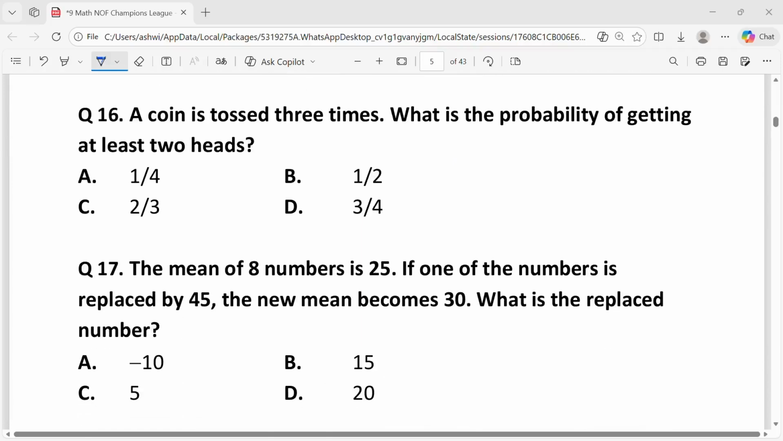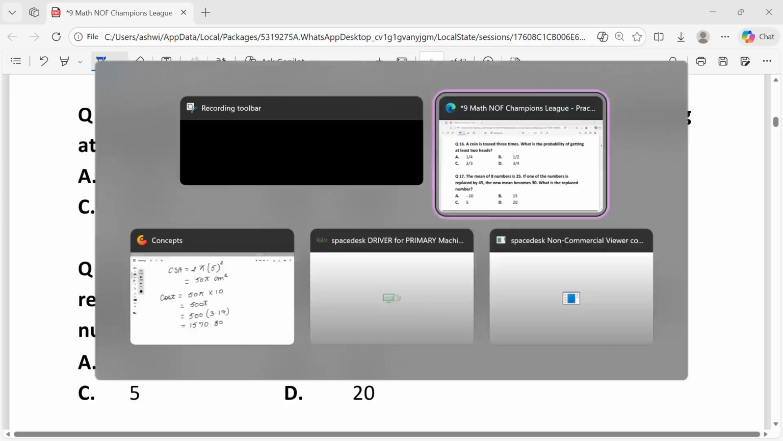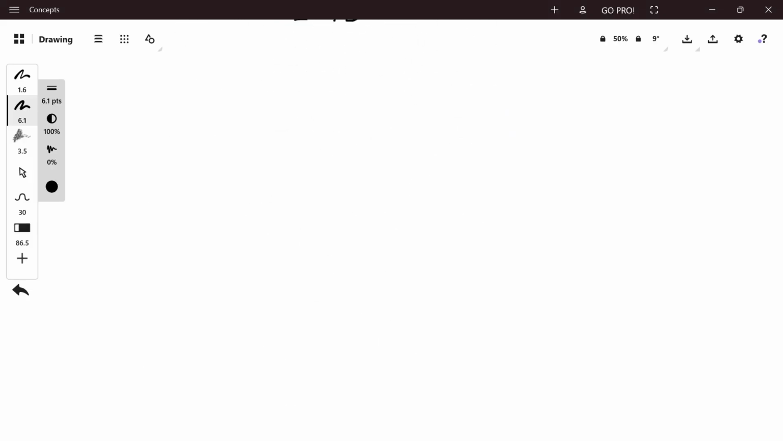Question 16. A coin is tossed 3 times. What is the probability of getting at least 2 heads? When a coin is tossed 3 times, there are 2 to the power 3, which is equal to 8 possible outcomes in the sample space S. That is S is equal to